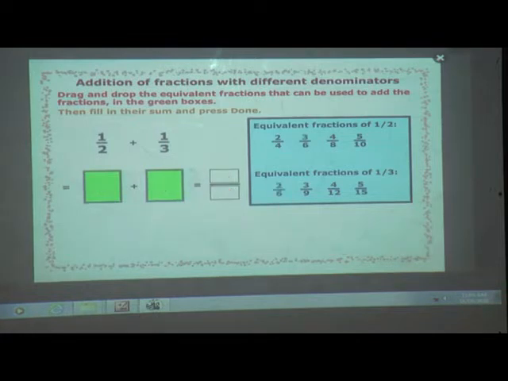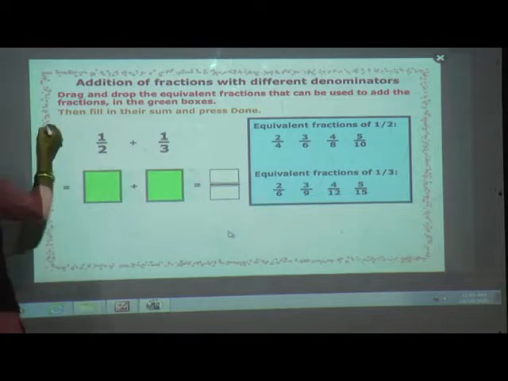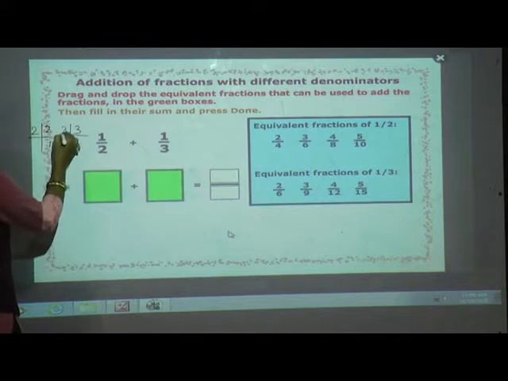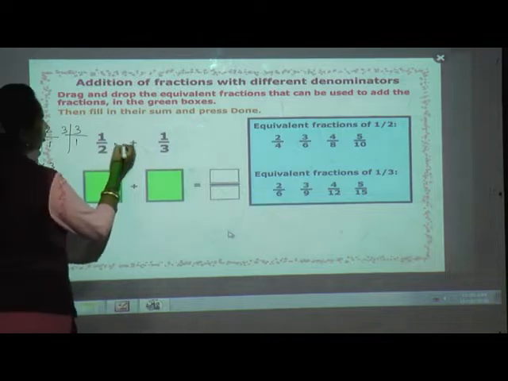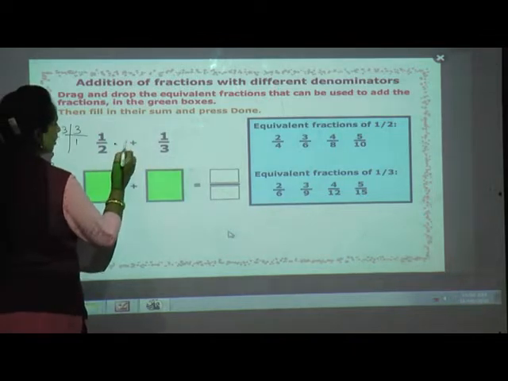Now we will try again. See where we have made the mistake. 2 3s are 6, isn't it? So first we need to find out the LCM. What is the LCM of 2 and 3? 2 1s are 2 and 3 1s are 3. 2 3s are 6, isn't it? So what will come? Yes, 6 should come in the place of the denominator.